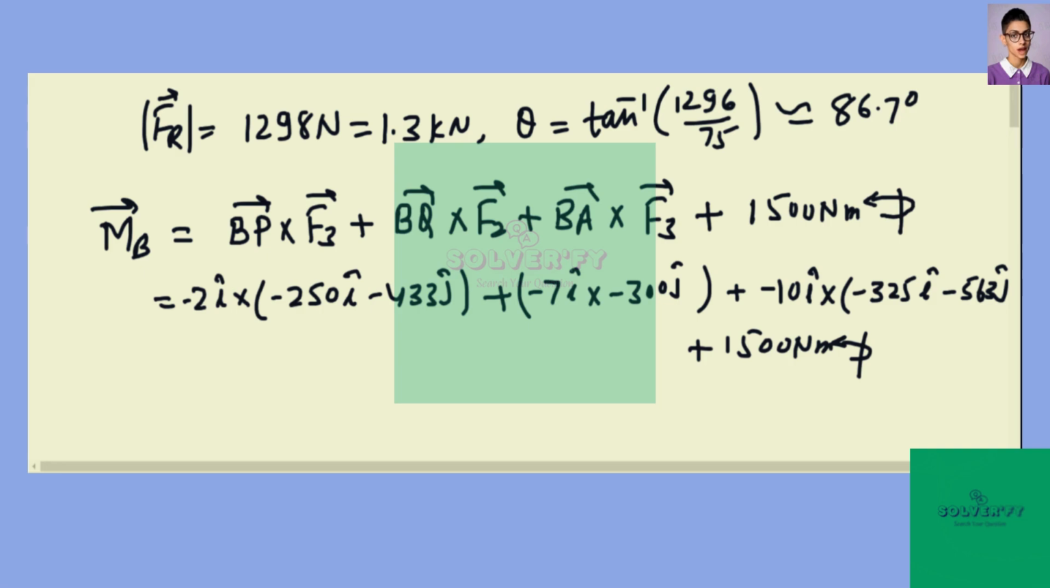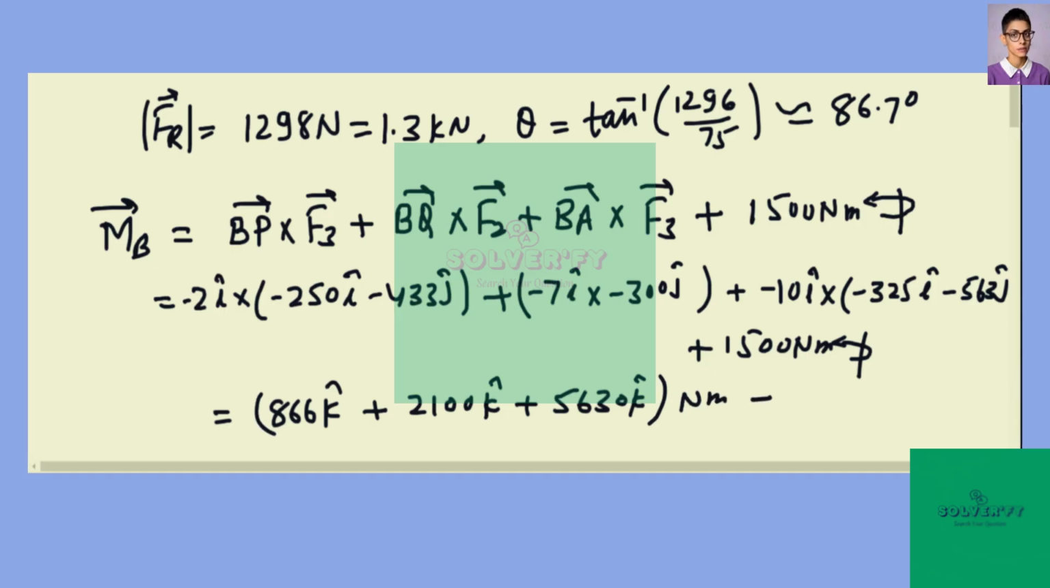On solving this value, you will get 866 k cap plus 2100 k cap plus 5630 k cap Newton meter. K cap means it is in anti-clockwise direction. So net moment will be 10.1 kilonewton meter in anti-clockwise direction. So this is the